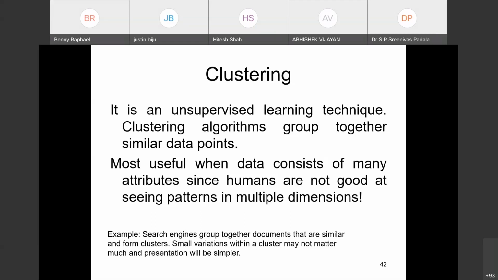So similarly, it helps in simplifying the presentation, just like what we said about dimensionality reduction. This is not reducing the dimensionality, but a similar process takes place by removing data points which are not that interesting to us. So we cluster it and find out which point lies within each cluster. We assume that within a cluster, whatever small variations are there are not that important.